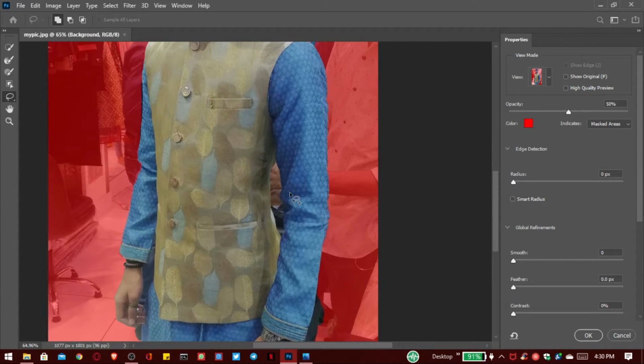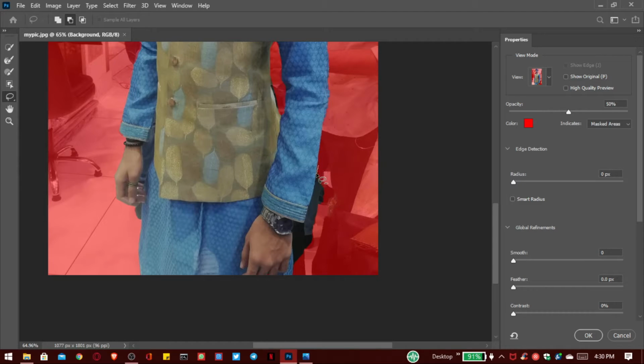Now for this part, same process. Press the Alt key and mouse left key. Select this stuff that we have to remove.